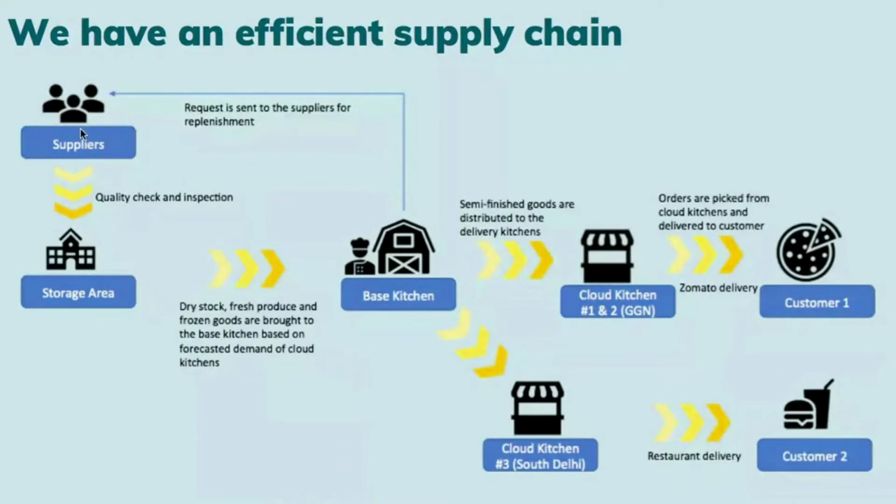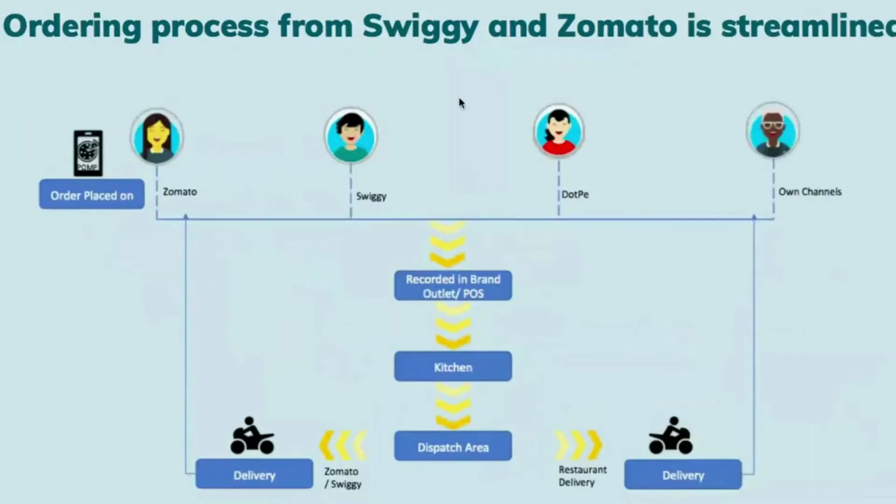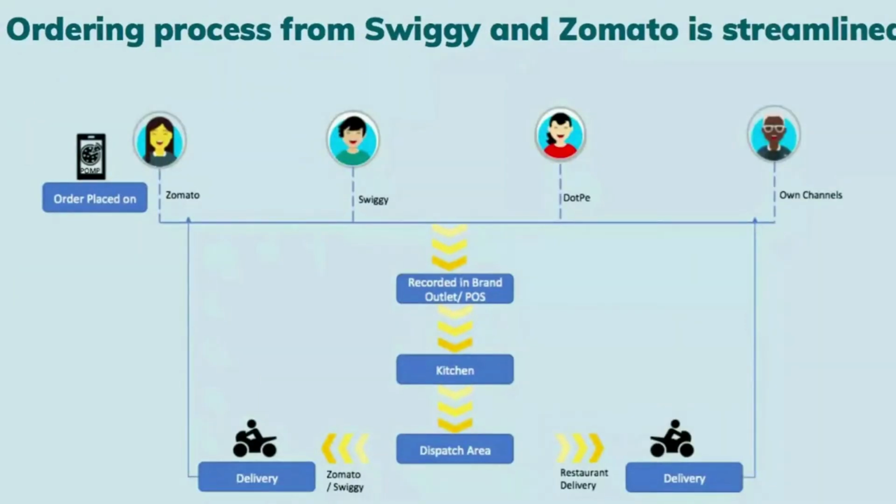Once that is done, the supplier sends whatever material is required to our storage area, which is our warehouse, the company storage area, where we receive it according to the challan. From there, it is issued to the base kitchen because it is actually the base kitchen's job to send it to all the other outlets. So the semi-finished products, the buns, the patties, everything, whatever order we receive from the outlets, is sent out to them.